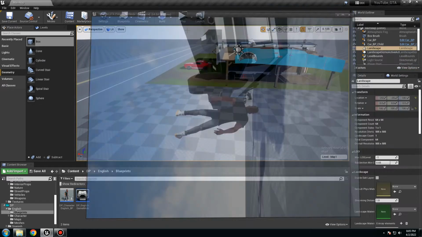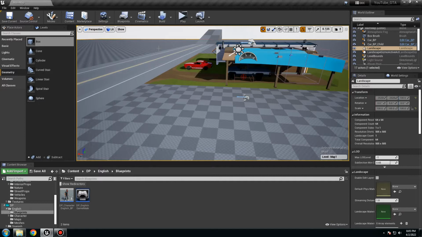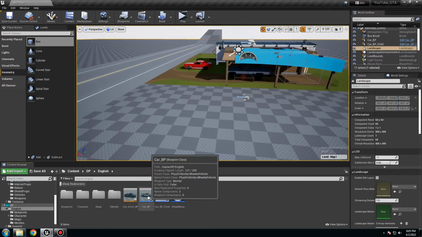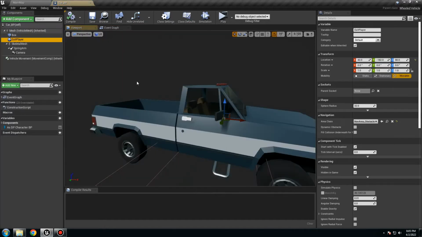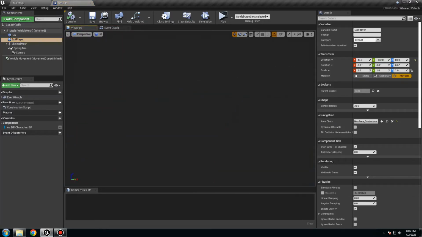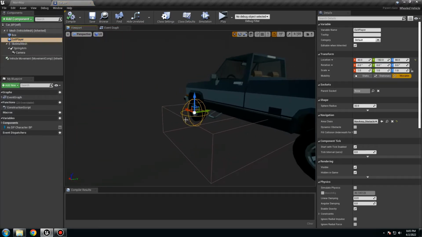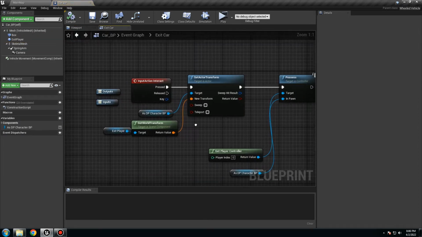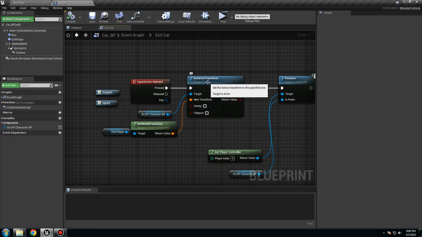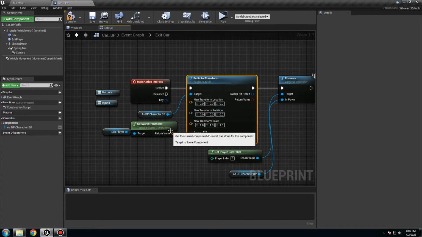So exit here, go to the blueprint of the car. It's going to be this one. And here we have the SE flyer. That is the reference we wanted because it's this one reference. But inside here in the set actor transformation, we don't want to transform everything from this one. So only one thing. So disconnect this, split it,